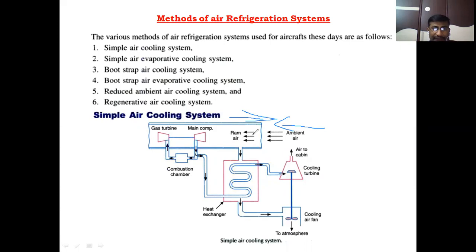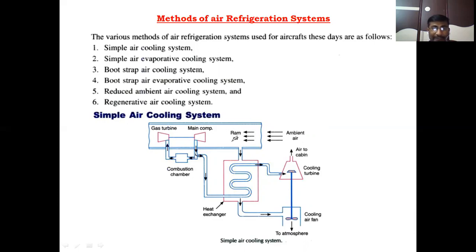During this entering of air into the aircraft, the ramming action takes place at the front of the aircraft, because at the front of the aircraft there is a diffuser. The diffuser is provided at the front of the aircraft. Due to that diffuser, the air can be compressed initially while entering the aircraft. After entering the aircraft, the air is called the ram air.